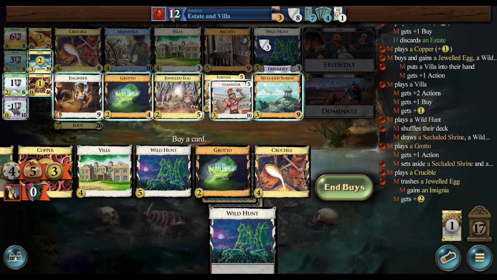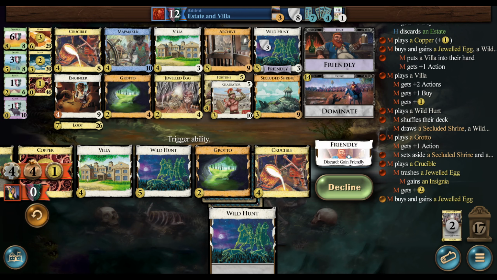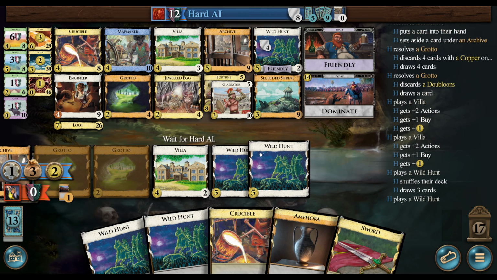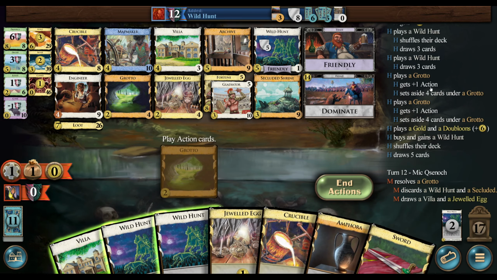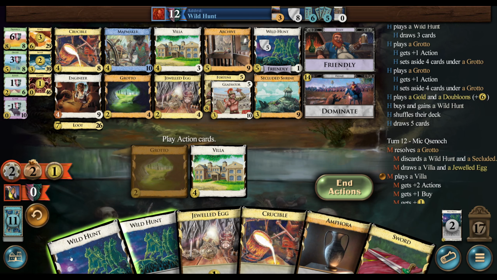Get insignia, that's not that useful. It's okay for villas, but see what... sure. If the villas are gone though, then that'll be useless, which the AI may run the villas here. They always buy this stuff, like this grotto, whatever they set aside here. I find it very hard to believe that that was the play. But